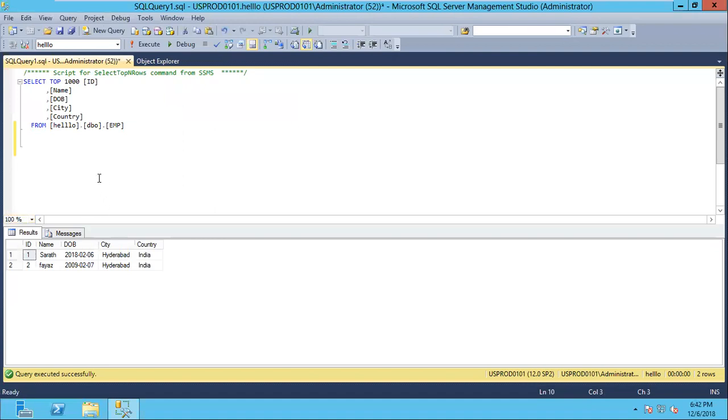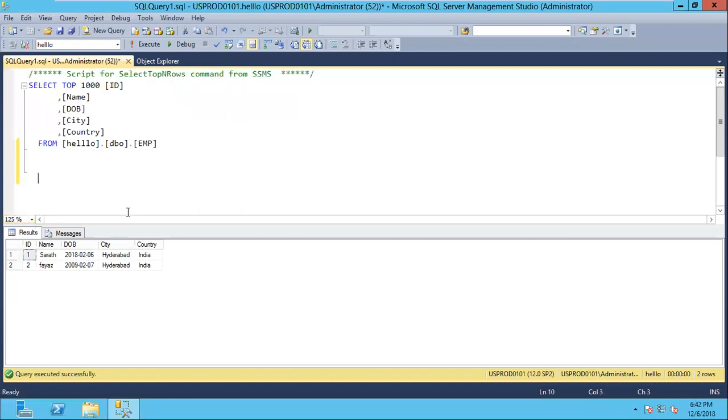You can increase the font size. See here, I'm selecting select star from table name EMP. Star is nothing but the number of columns there: ID column, name, DOB, city, country. If you give the star, whatever columns you have in the particular table, they will completely be